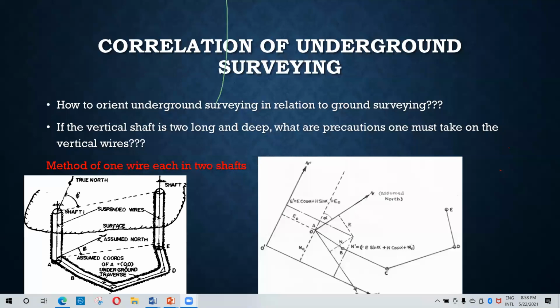Now we are going to do the first one, the method of one wire in each of two shafts. You can see there are two shaft systems. The shafts are the ones that we use to approach the tunnels. Now this tunnel has been approached from 2 directions. There are 2 shafts. So could you please go through the lecture note, sorry, the block 1 book, and find answers for these 2 questions. I'll give you around 10 minutes.